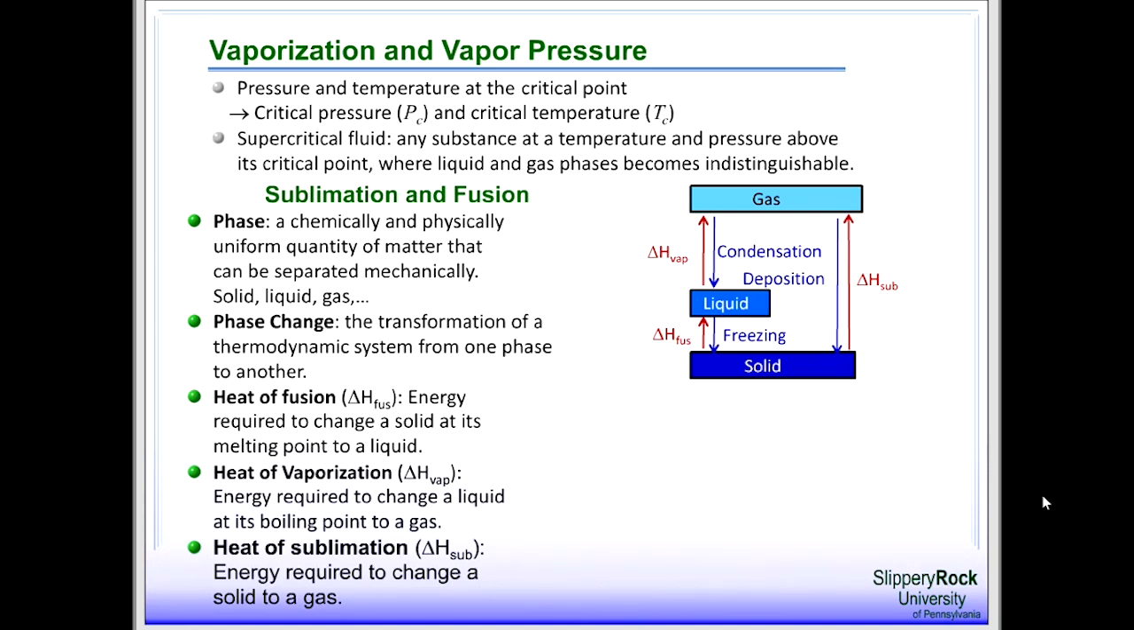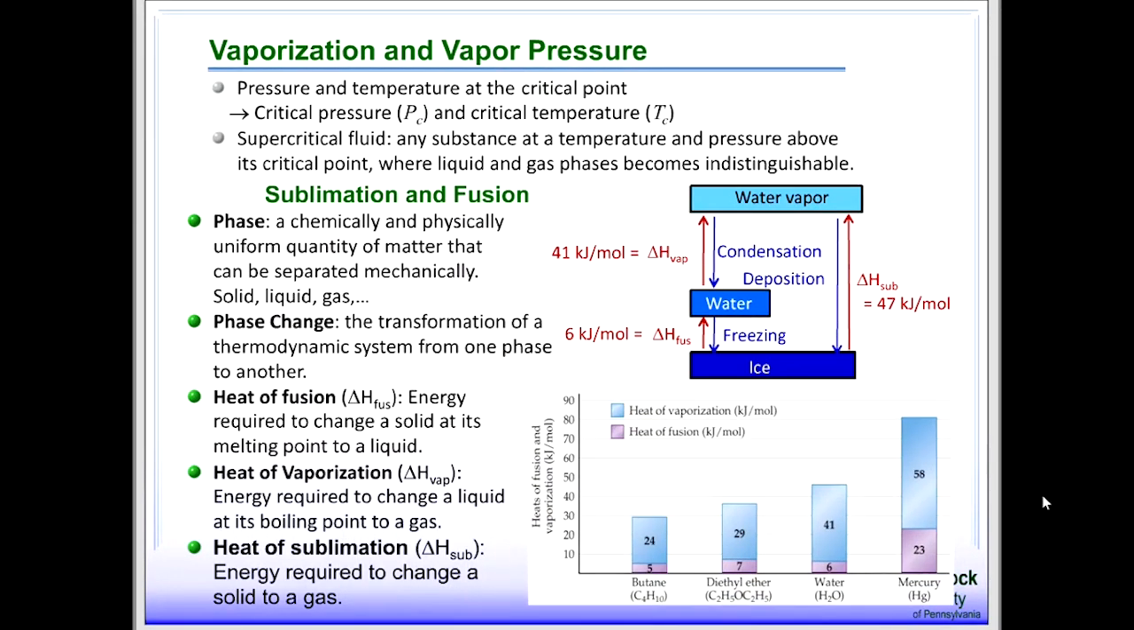For the phase transition of water, the fusion enthalpy and vaporization enthalpy are 6 kilojoules per mole and 41 kilojoules per mole respectively. The sublimation enthalpy is simply the sum of the fusion enthalpy and vaporization enthalpy, which is 47 kilojoules per mole. This plot exhibits the fusion enthalpies and vaporization enthalpies of four substances: butane, dimethyl ether, water,